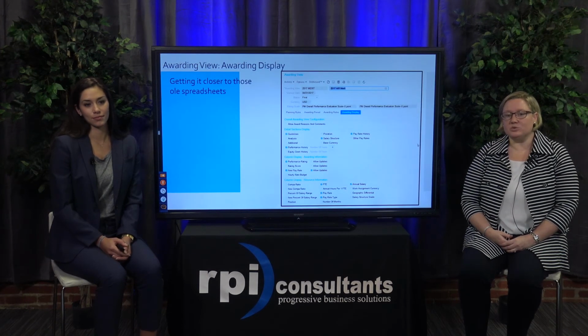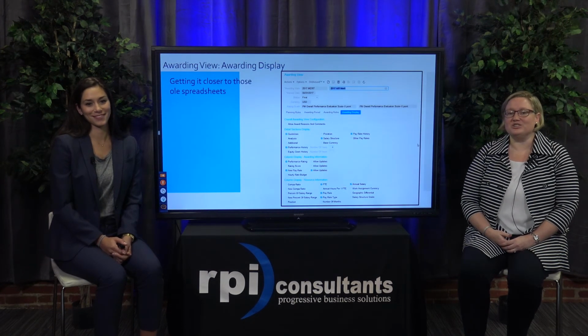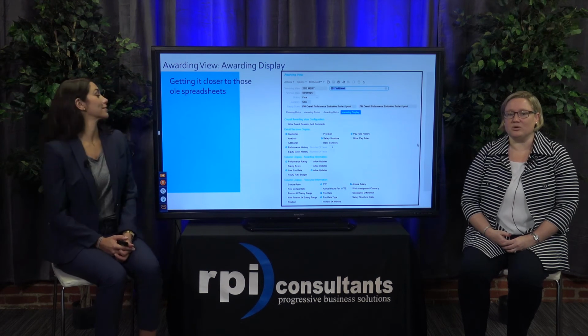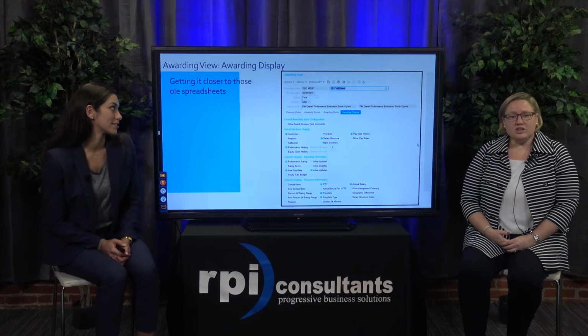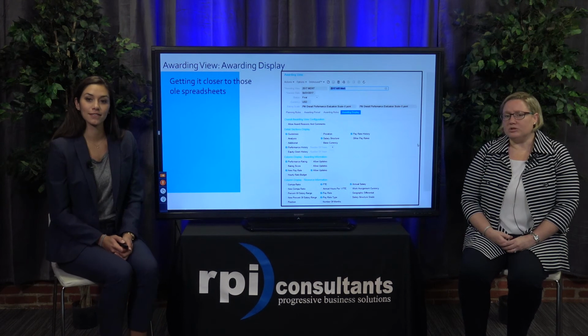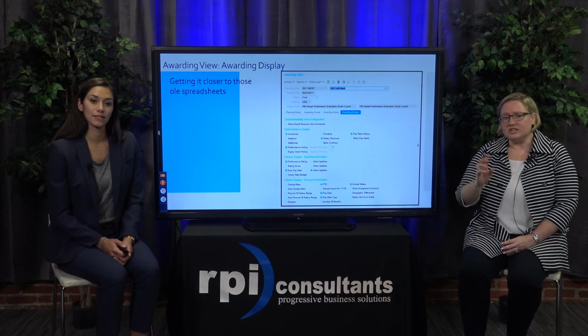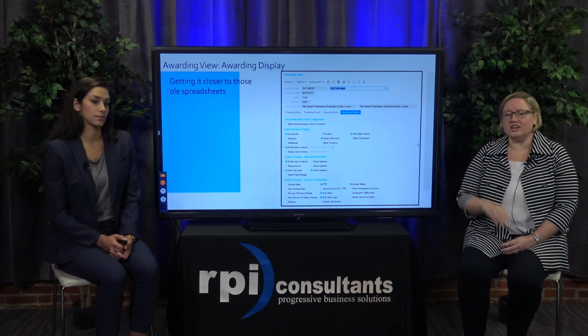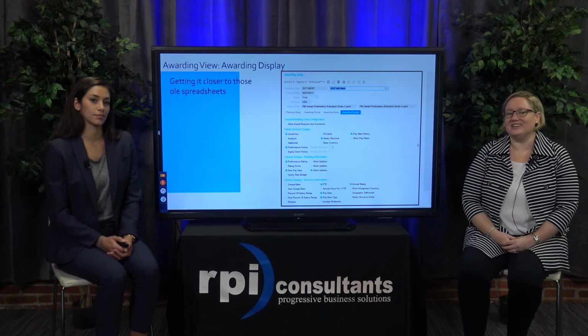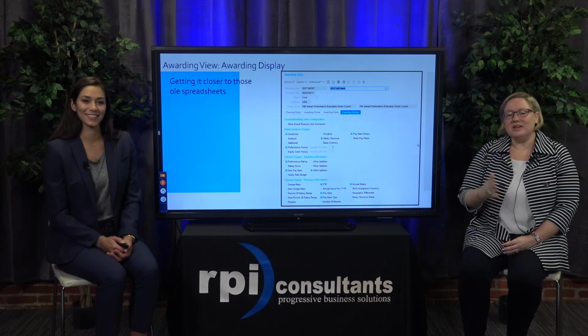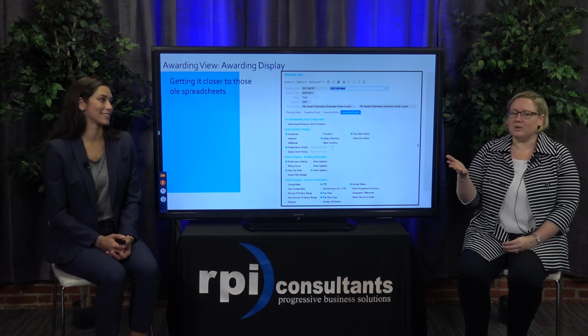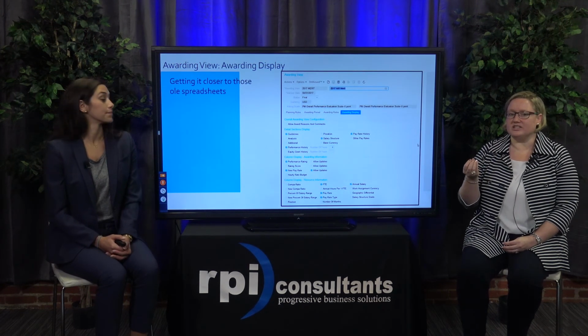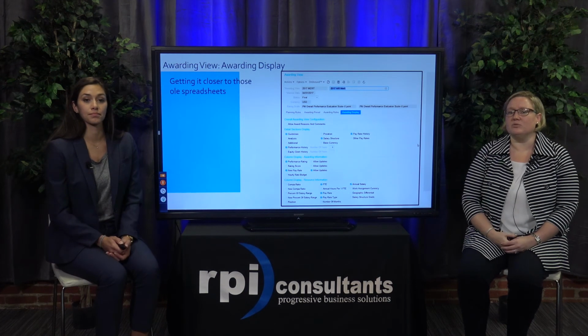And if you kind of squint your eyes and look in closely at your screen, you'll see there's a ton of options here where you can define what you want to show and whether it's editable or not by the manager. There's a little bit of this back on the planning rule, but this is where you'll get it closer and closer to those old spreadsheets that everybody's used to. But really to give them all the pieces of information that they need to make the right decision in terms of what they would like to give.